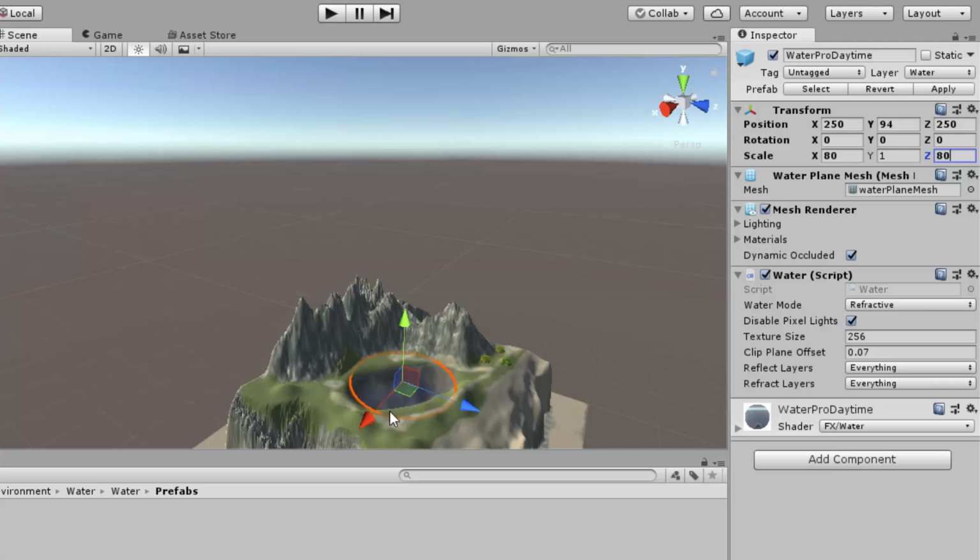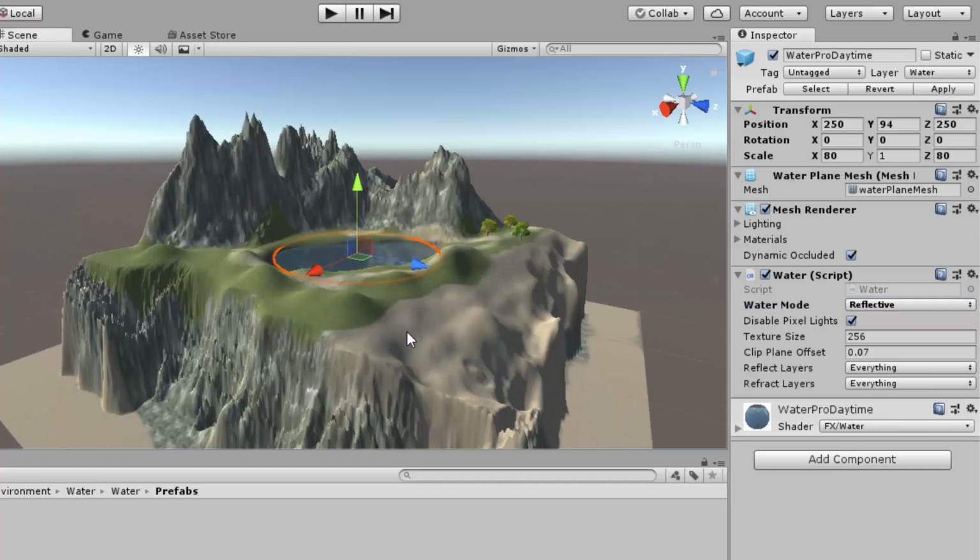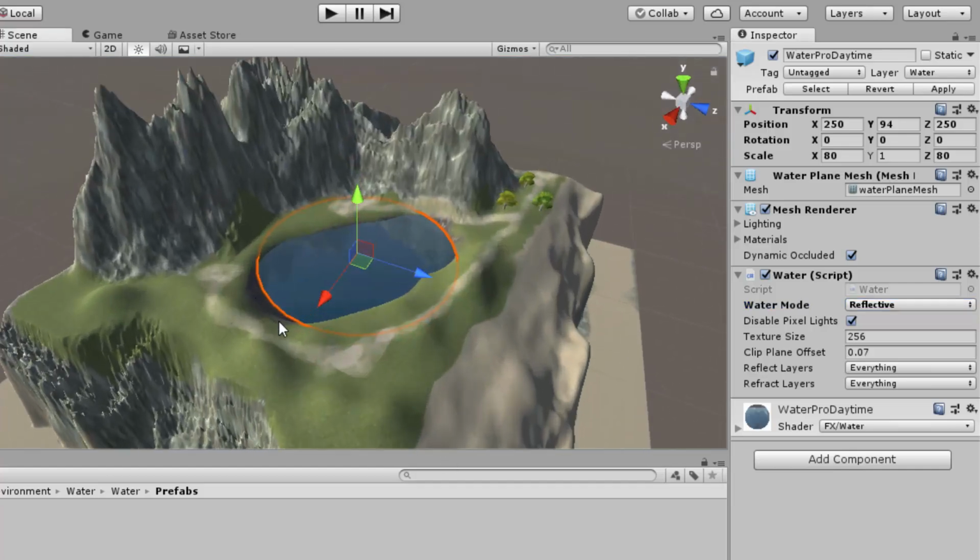I also can't really see it. I see the water mode is currently refractive. If you change that to reflective, it'll be much more obvious. Now if you leave any gaps like this, then you're going to be able to see right under there. So you can't do that. You got to make sure it